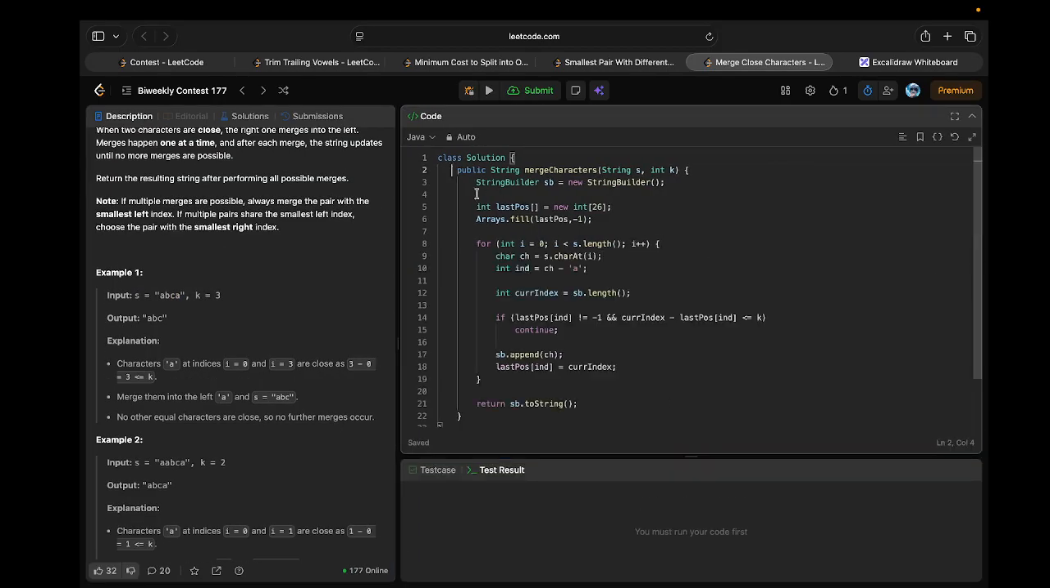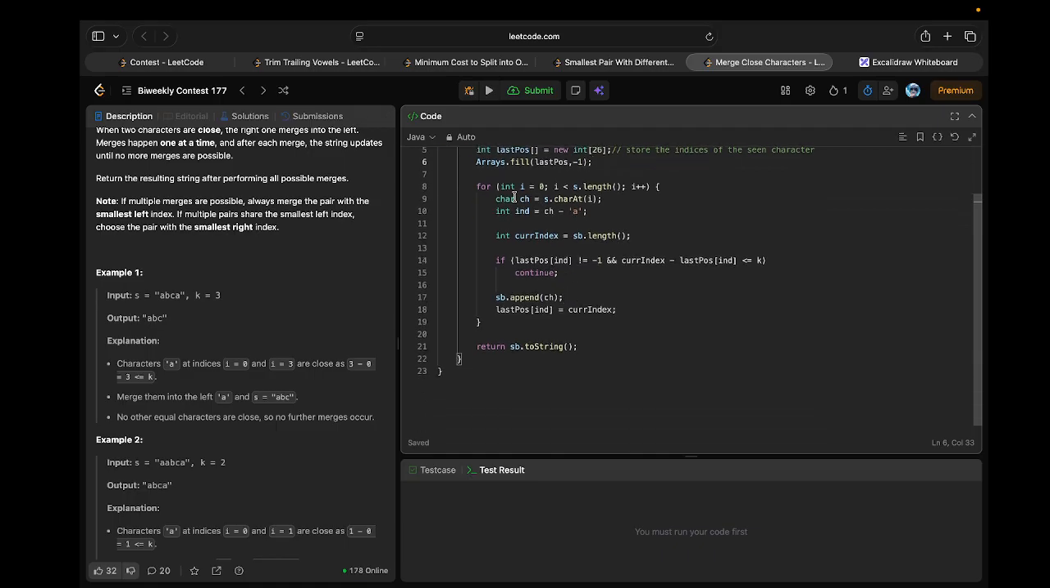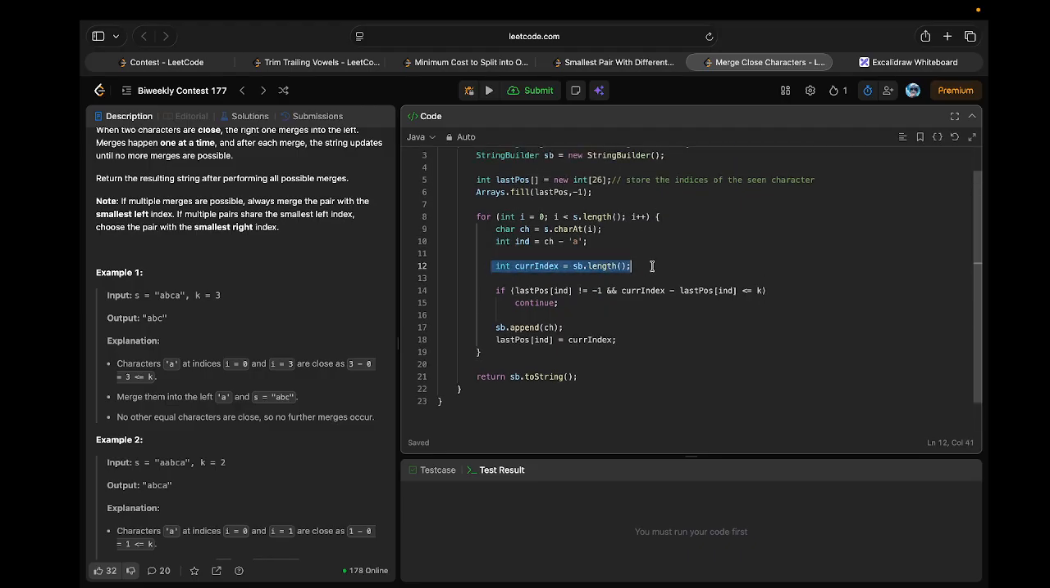So what I have created is a string builder to store my answer, and a last position array which stores the indices of the seen characters, right? Initially I filled it with -1 because in our string the indices can be 0 as well. I'm iterating over the string, finding the current character and its index, and I'm also storing the current index from my answer, because I'm considering my answer here to find out the length and the difference,